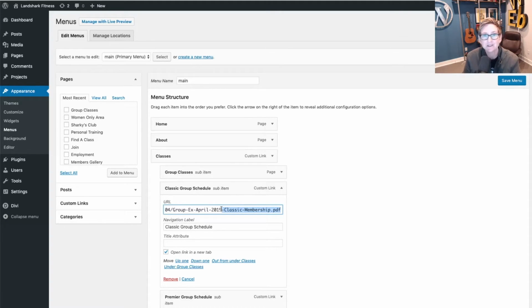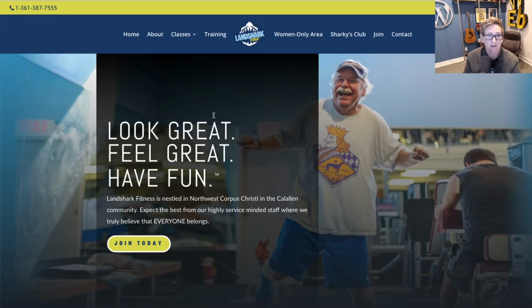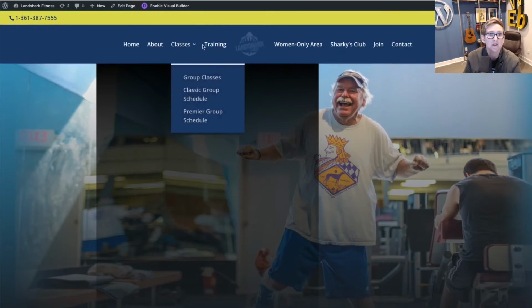We don't want it to link to a static PDF file anymore. We want it to go away and paste in that really cool Google link that they gave us, this Google Sheets link. That's it. Click Save menu. And now, whenever you go back to your website and click Refresh, you go over to Classes and click Class Schedule, you'll now land on this Google Sheet.